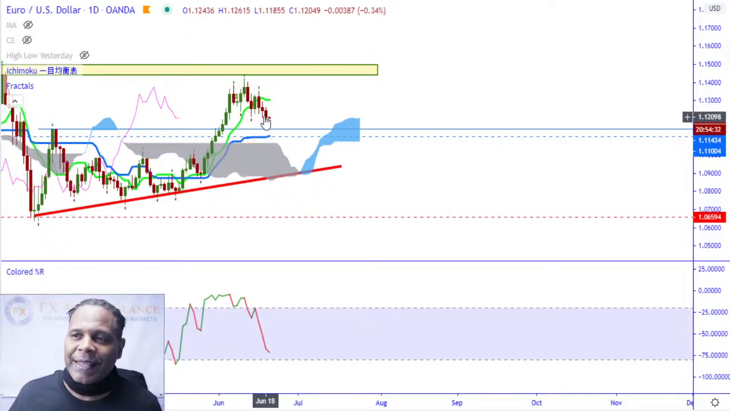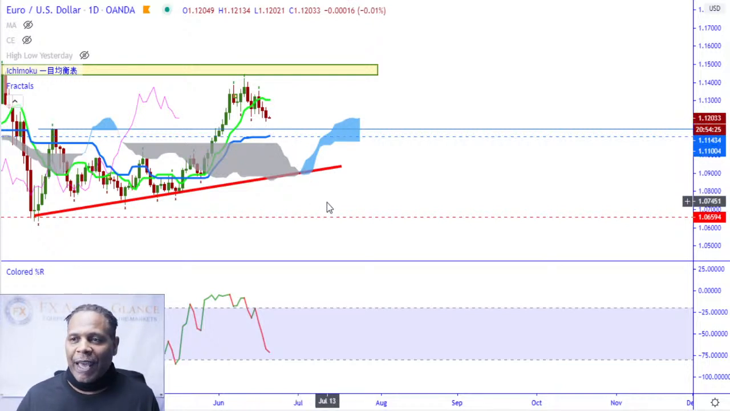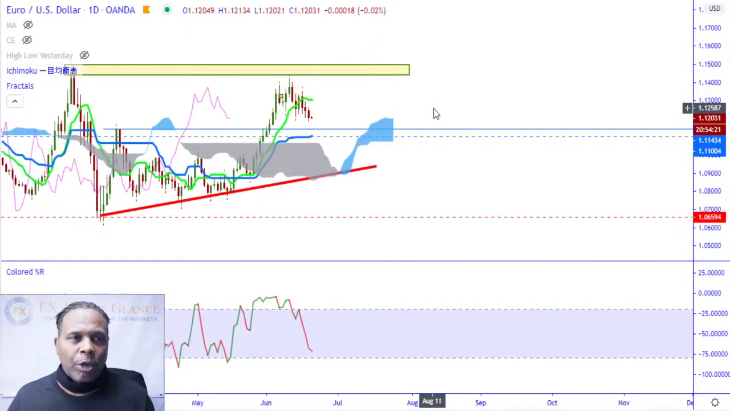But the problem with this is just a correction, possibly. We don't know if it's going to turn into a bigger move to the downside or what. We're looking for it to bounce here and then move to the upside. So that's what I'm looking for on the